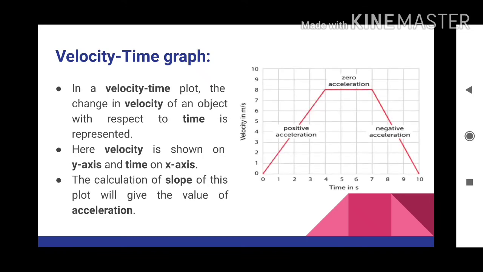If you look at this graph, the red line is the change of velocity with time. The first section, which is increasing, shows positive acceleration. The second part, which is parallel to the x-axis, has zero acceleration, or it represents uniform motion with no change in speed. And the last one, the decreasing part, shows negative acceleration. So the first has a positive slope, the second a zero slope, and the last, negative acceleration, means a negative slope. We'll look at all these three cases in the upcoming sections.